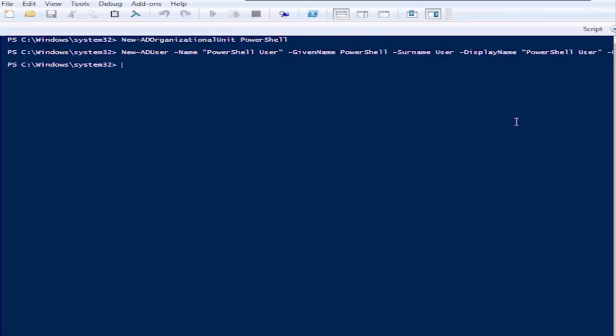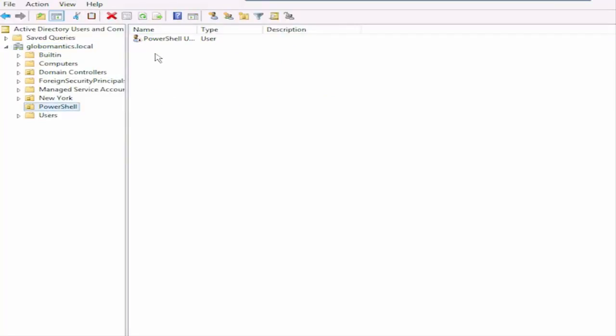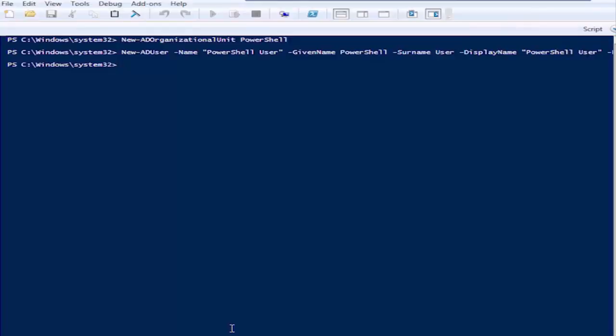Hey, look at that. We didn't get any error. We like that. If I jump down here to Active Directory Users and Computers, go to our PowerShell container, there it is. PowerShell user, just what we wanted to see. Now let's jump back over here to PowerShell. And what else do we want to do with this user? Well, we could do something like